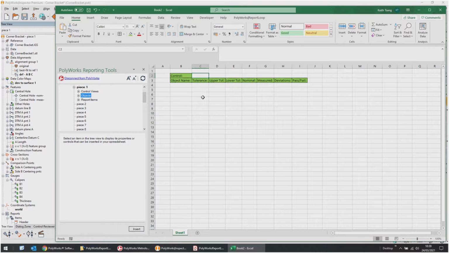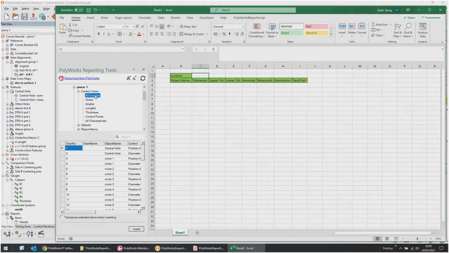So rather than trying to view the individual information, I personally tend to just look at the overall controls. All controls allows me to view all the results in one location. Obviously, the downside of that is you will see everything, but we have a handy search tool in here. So say, for example, in this scenario, I only want to report specifically the control of diameters. If I start typing in this search box, you can see it starts to filter information out, showing me my